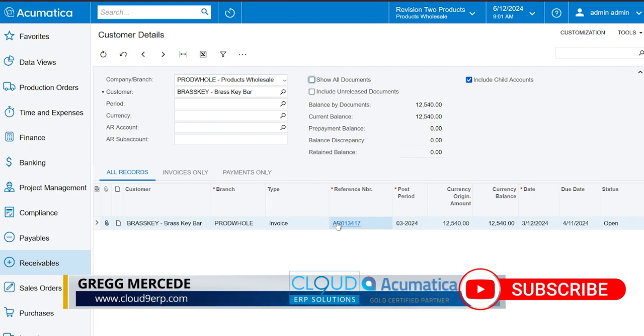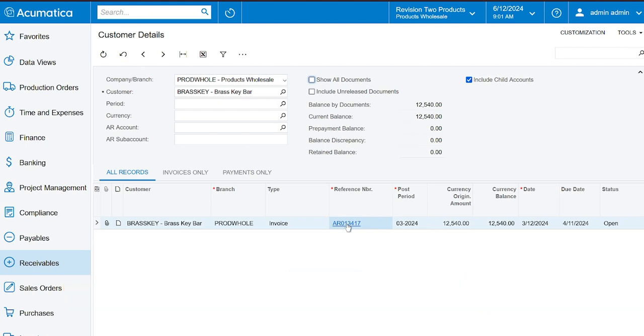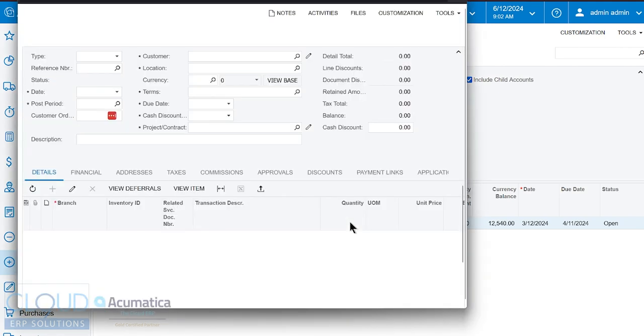And remember, under the financial tab of an invoice or a credit memo or any final document, there's an option to do not email. So you don't necessarily want that email going out if the invoice was created as an accident. The last thing we could do, and we'll use Braskeys final invoice here, is